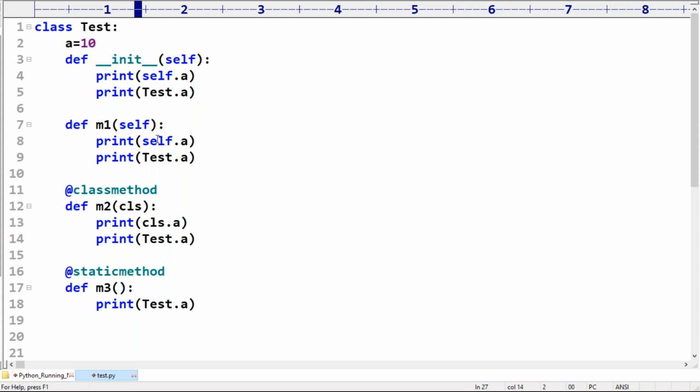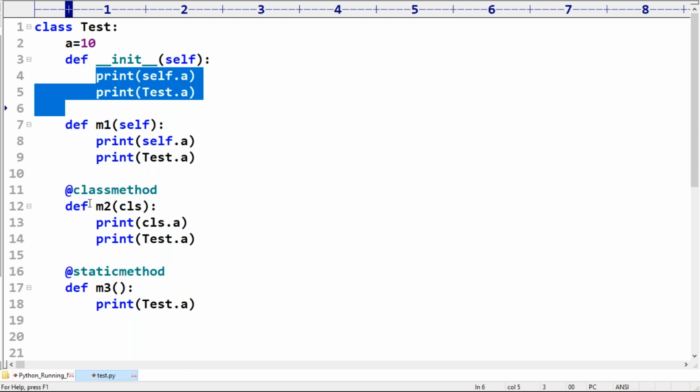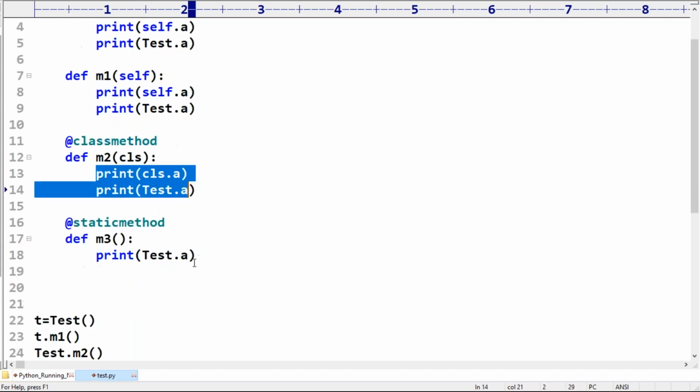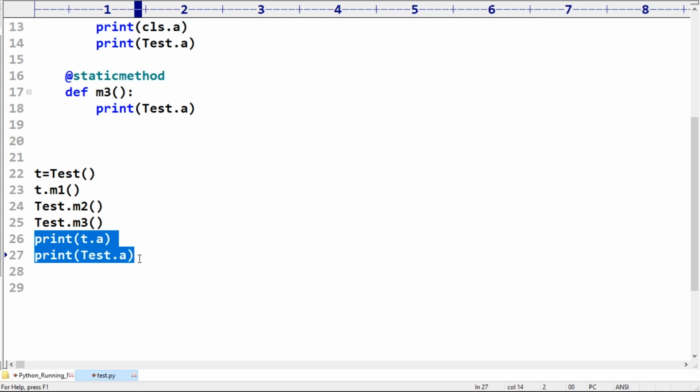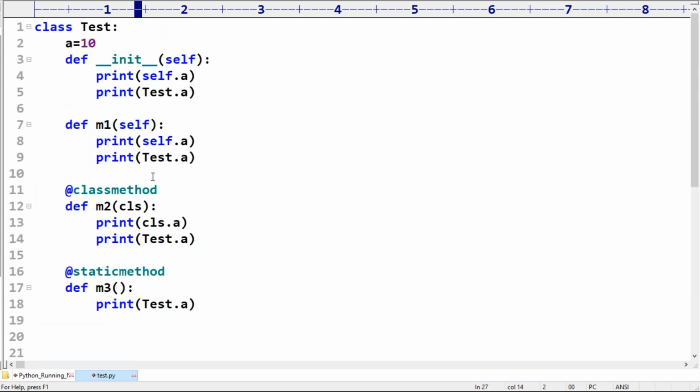So how many times does it have to print? 2, 4, 6, 7, and then the last 2 times. 9 times it has to print. By using self also, we can access a static variable value.